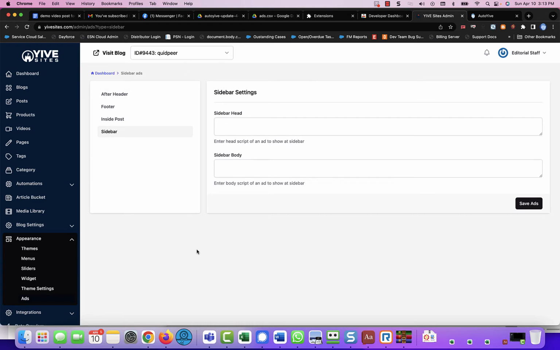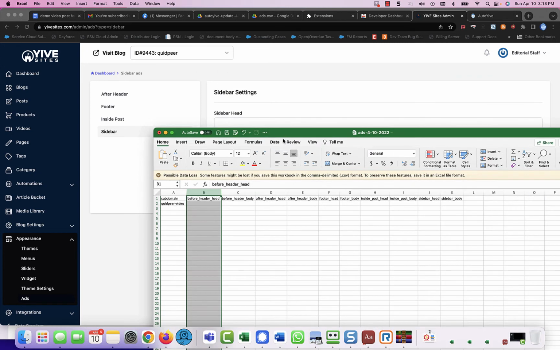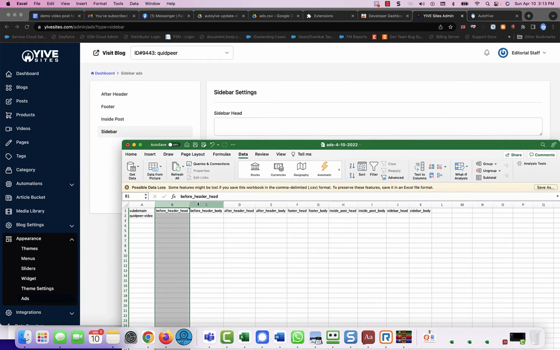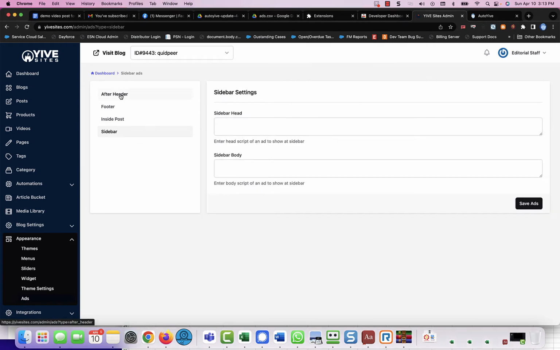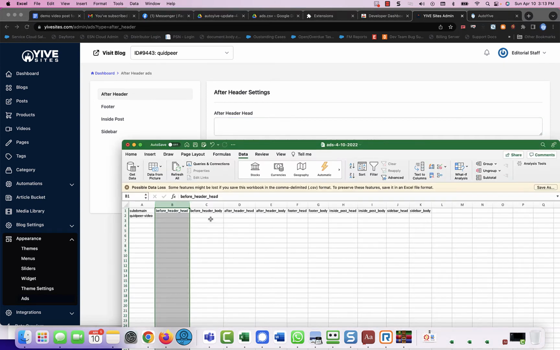Now, all we have to do is make sure that we add what we want to these. So for this particular place, we're going to come back up to the header here, after head, and then body. So I'm going to paste in after head body, paste in my code,